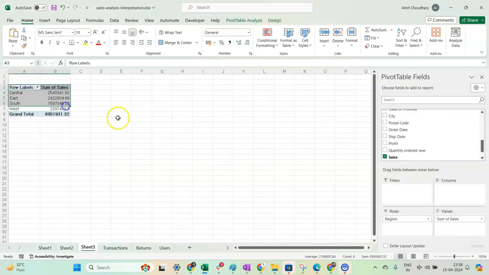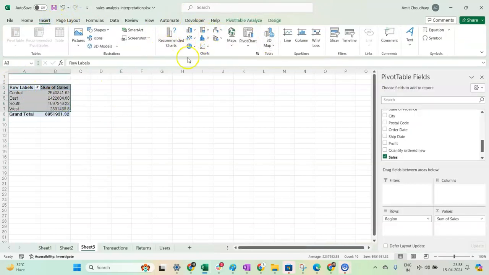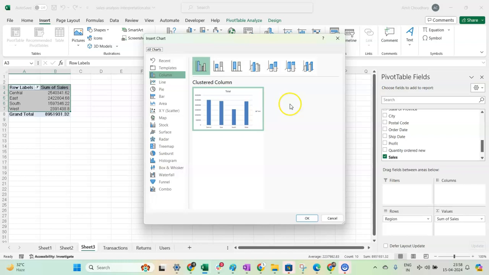So if we select these and say insert, this is the area where we have all the charts. You can click on recommended charts and it will recommend straight away that you can use this clustered column chart. You see there are so many different types of charts being shown which you can explore, but I'm picking up only the most common and most useful ones. Here you have these different options, but since there is a single dimension, it really doesn't matter which one you choose,